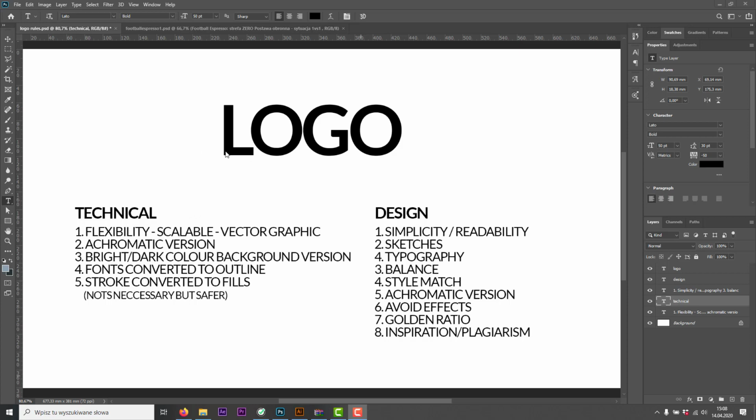So when it comes to designing the logo, I've divided the logo process into two groups. One is strictly technical, like the technical rules for a logo, and the second one is design, so it's a more flexible thing. So the first one, the technical aspect, I would not say that each of these is more important, but at least technical is much easier to explain, because we've got some rules that we actually should